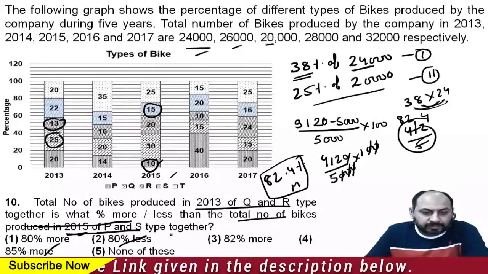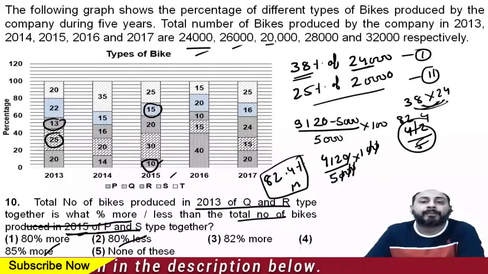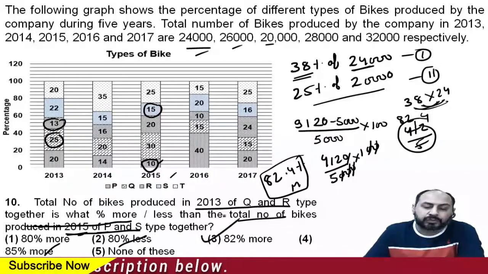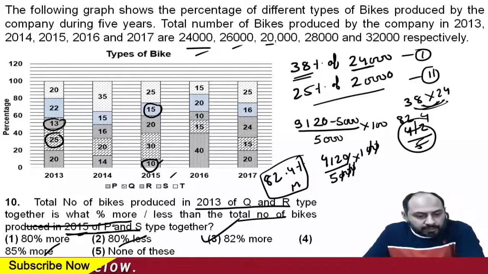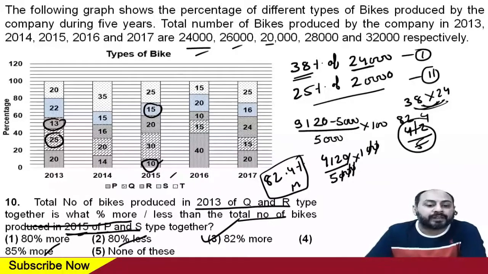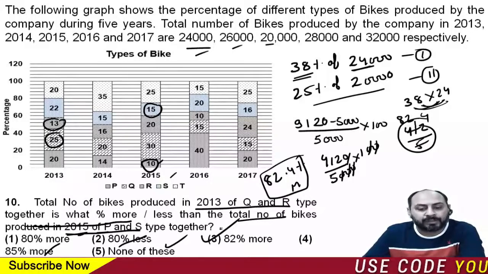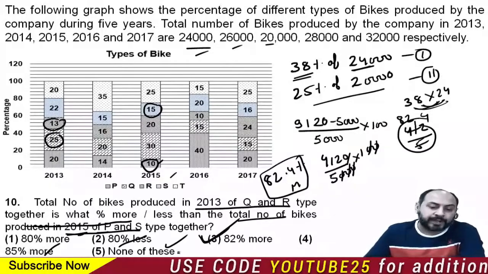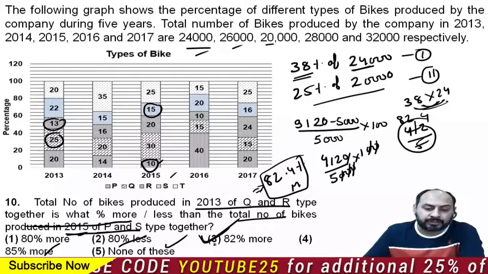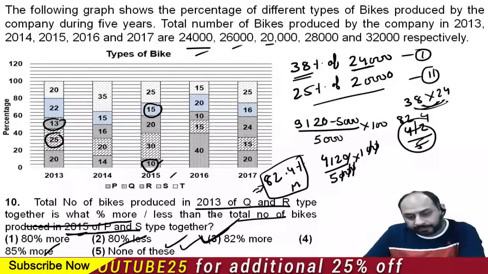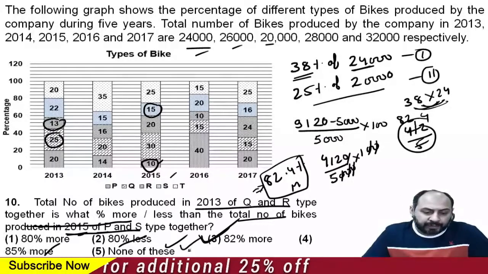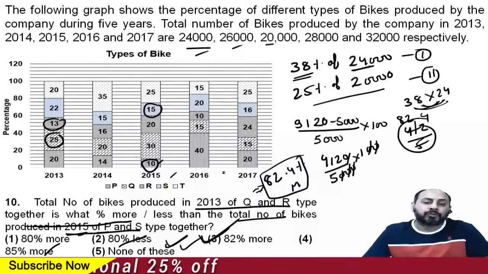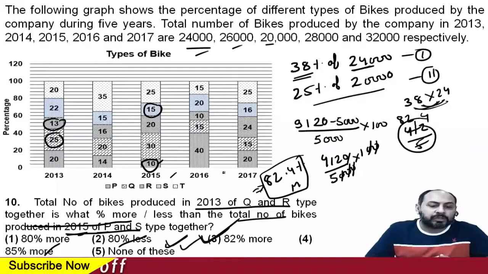Now there is a catch. If the question asked about the approximate value, then this could have been the answer. But if there is no mention of the approximate value, then the exact value will be the answer, right? If the question was asking for the approximate value, we round it to the nearest integer, and 82% more would be the answer. Elsewise, 82.4 being the exact answer, since it is not available over here, we'll go with none of these. So over here, I would suggest you go with none of these and not with 82% more. Why? Because there is no mention of an approximate increase with respect to the previous value, right?